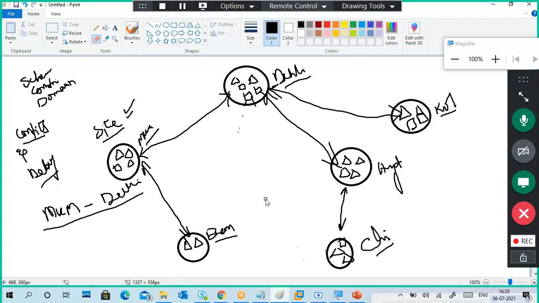Now next day they said go to Chennai, log into the Chennai server. Then I can't log into the Chennai area with the same domain, same domain, but I can't log in. Why? Because my server has my information, but the Chennai server doesn't have my information. So compulsorily, you have to replicate the data.